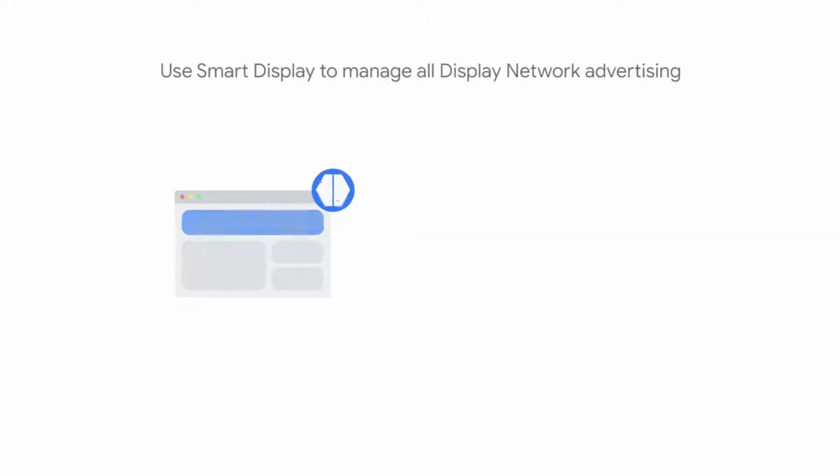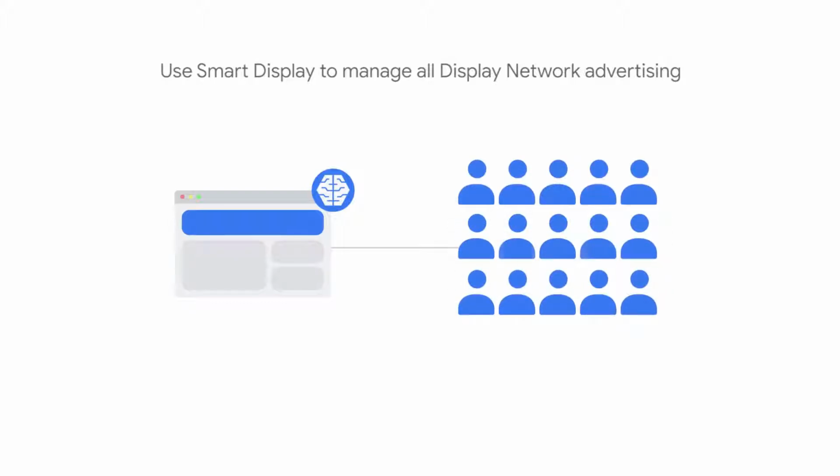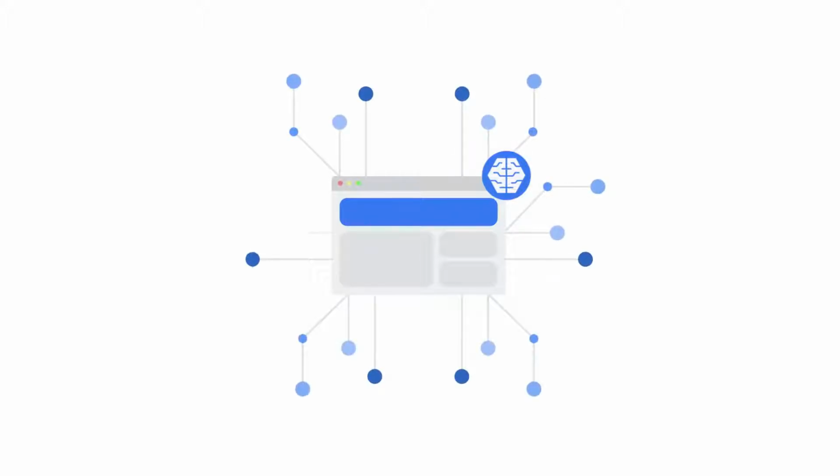It's important to determine how your smart display campaign will impact other campaigns running in your account. If you're new to the display network, you can still use Smart Display to manage all of your display advertising by expanding to new customers and engaging returning customers. If you're currently running campaigns on the display network, gradually consolidate your Smart Display campaign with existing display campaigns. This provides the algorithm with more data points so that it can learn to develop patterns. That being said, if you'd prefer to run your existing display campaigns alongside your Smart Display campaign, you can still do so.